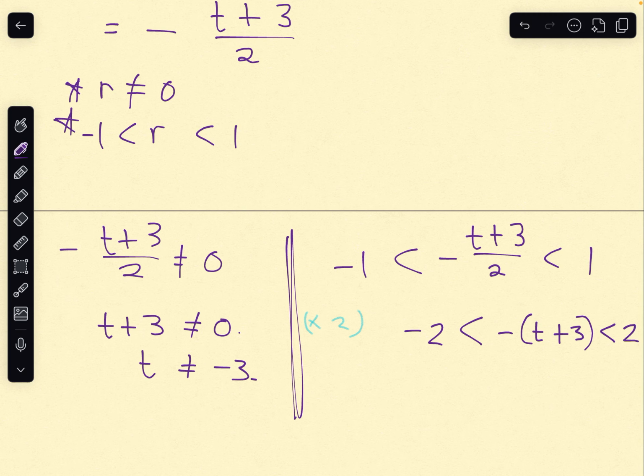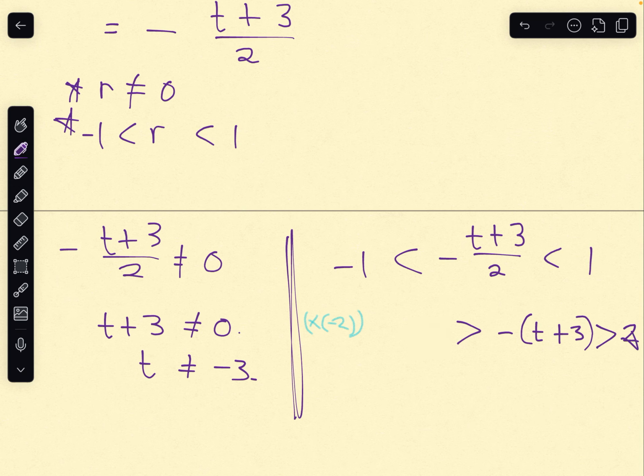Okay, then yeah, we should have just times by -2 so that we could also get rid of this guy. It's not too late, we can change our minds, guys. So the only thing to be careful of here is that remember that timesing through by a negative means that our signs switch around,